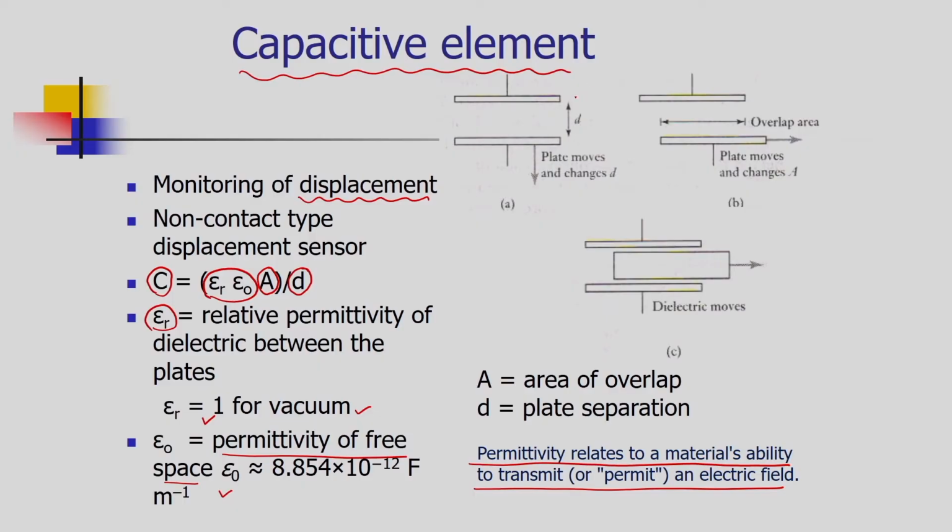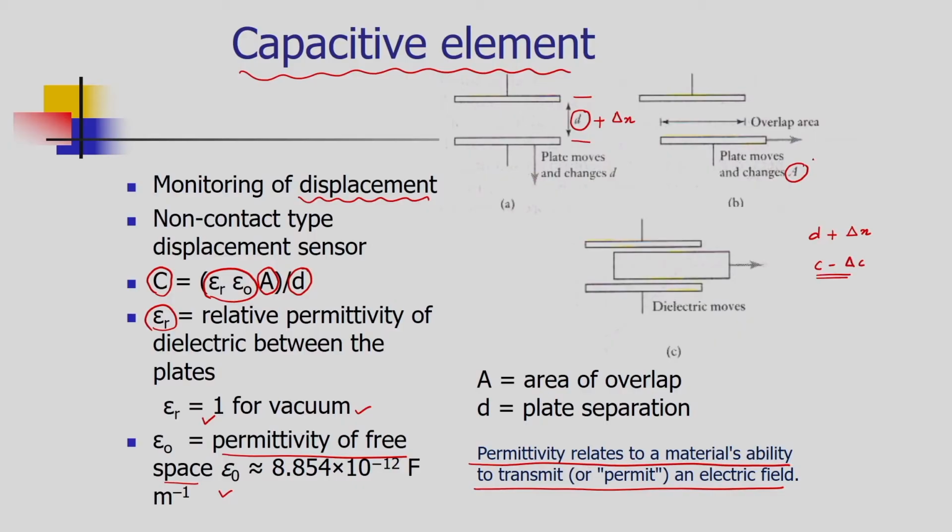So, on your screen you can see the configuration, there is a top plate and there is a bottom plate and these two plates are separated by a distance d. There is an overlap of A between these two plates. So, when this separation is increased, so d plus delta x, if I am increasing it by a value delta x, then the capacitance is changing. So, we are getting C minus delta C.